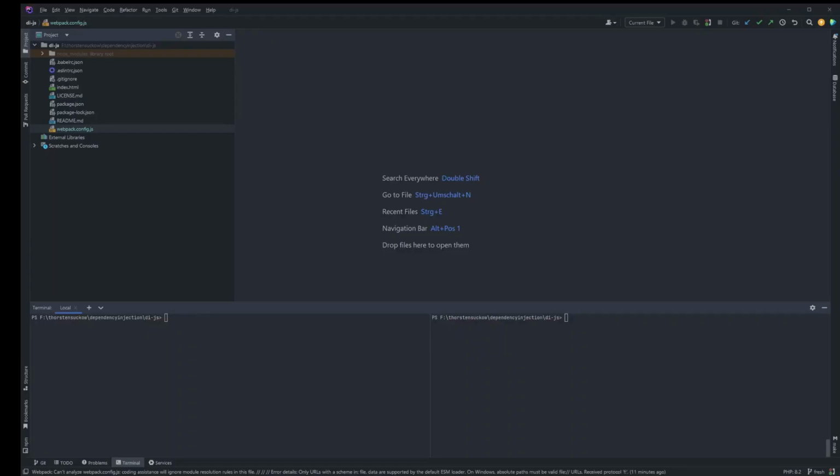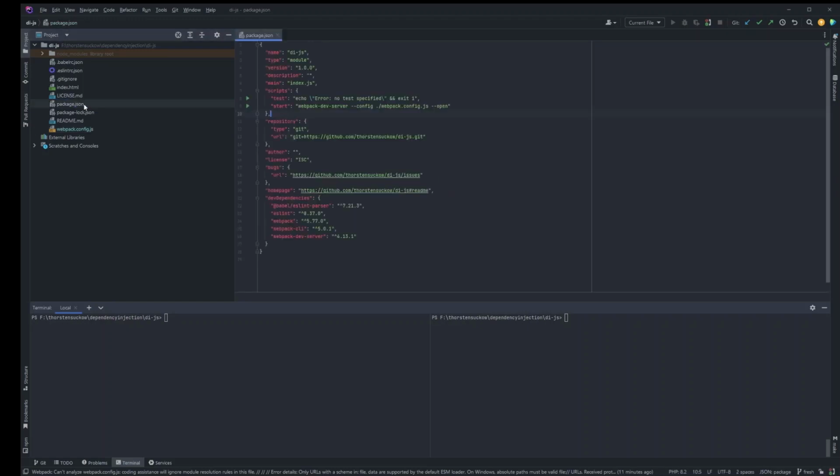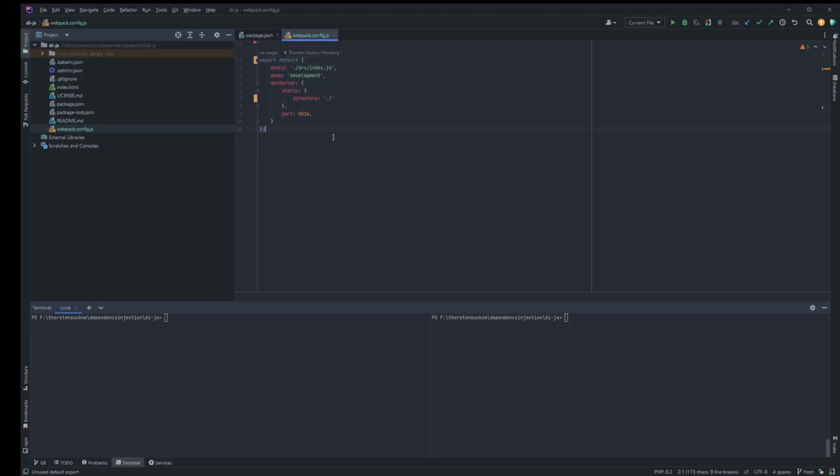Okay, let's begin by starting the IDE of our choice. What I have done so far is I have simply created a new NPM project. The package JSON contains all the relevant information I need for this project. It's not much, it's simply stating that I will set up a development server with the help of Webpack, and you can find the configuration here. You will find all the sources we are implementing right now later on